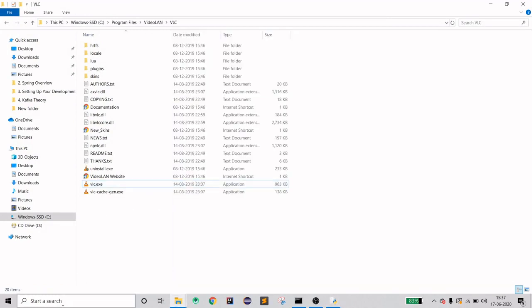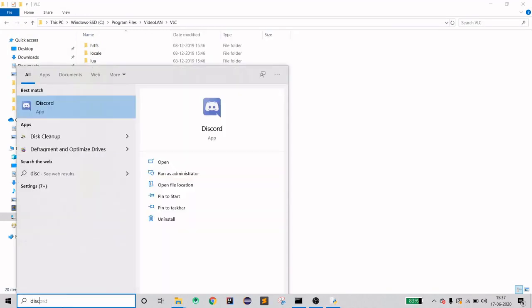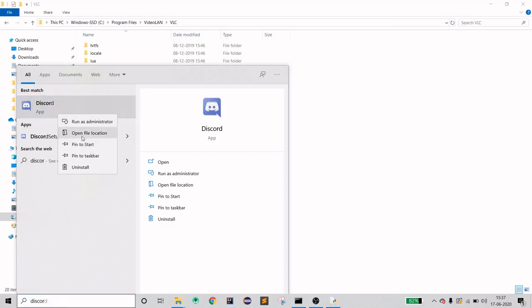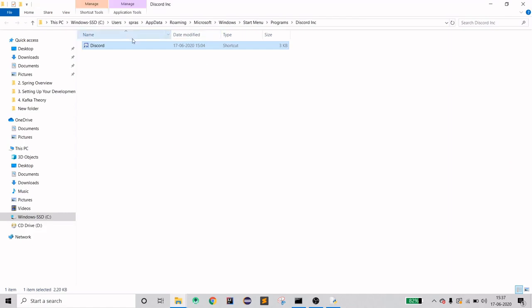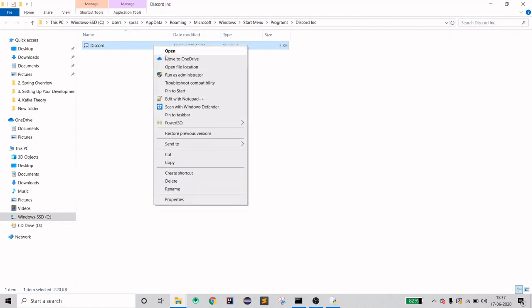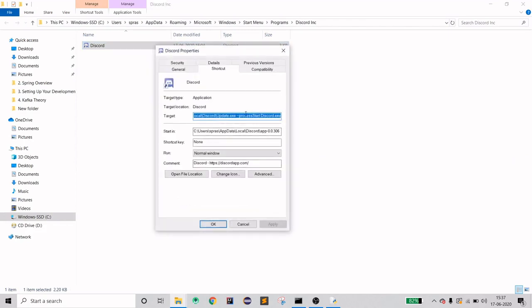Now let's see Discord. When you right click on it, it's obviously a shortcut, so it will lead us there. And when you right click on it and see the properties, you can see that it is not running an executable file for you, it is running a process for you. So what does that mean?